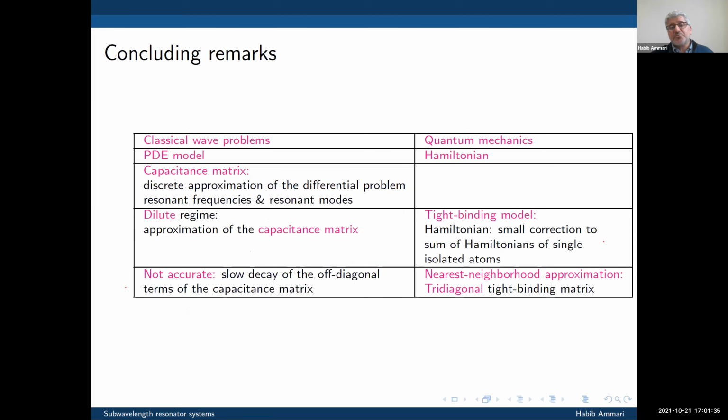And this brings us to a kind of comparison between the classical world and the quantum world. I'm confident that in the classical world we can reproduce many of these quantum mechanics phenomena by modulating the system